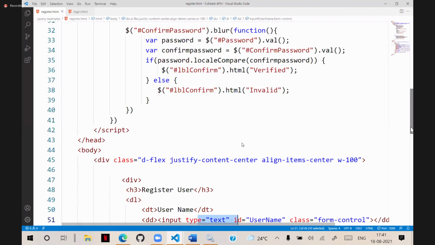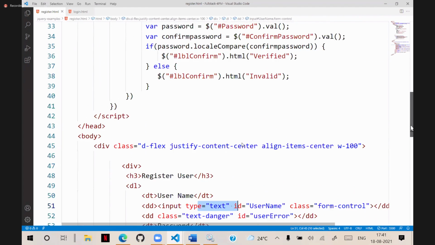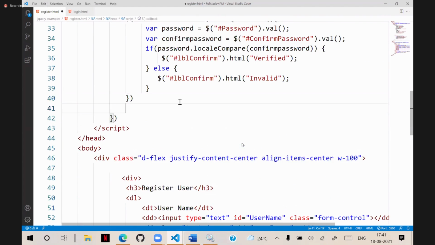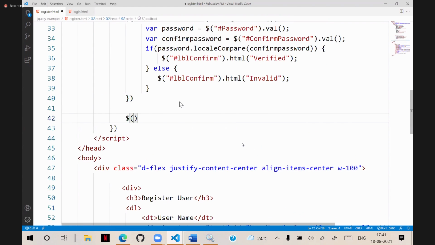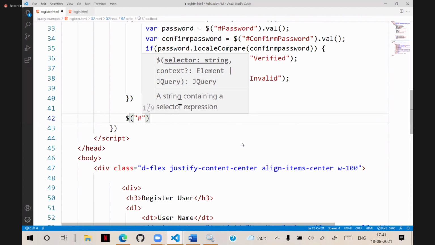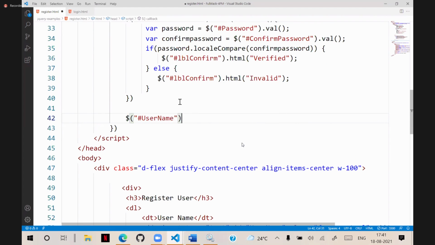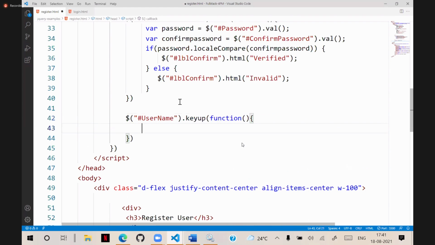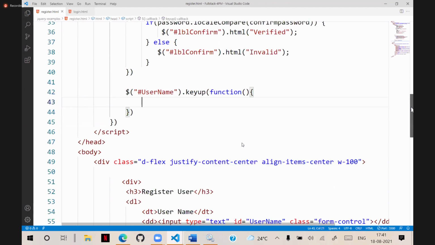We are defining a simple logic here. So that is hash username, and we will write a condition keyup. Keyup is a function. That means while typing, we have to collect all the users' data.